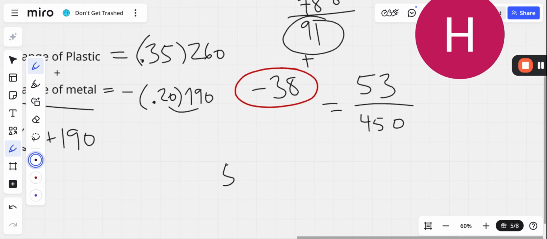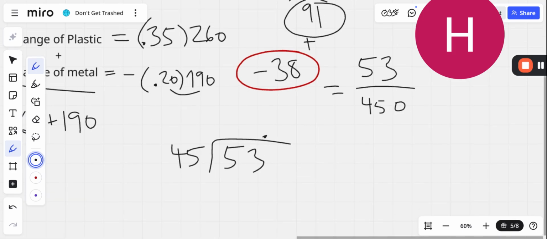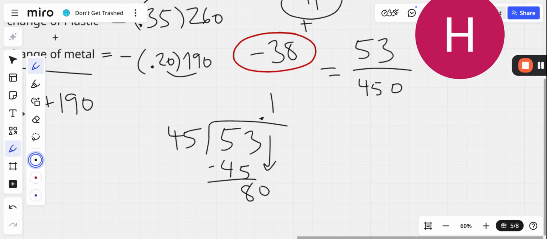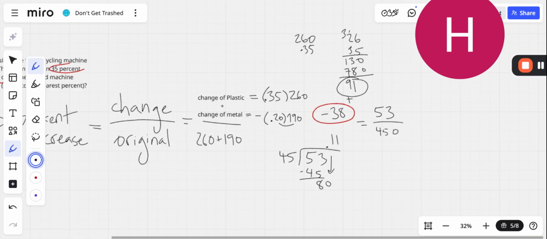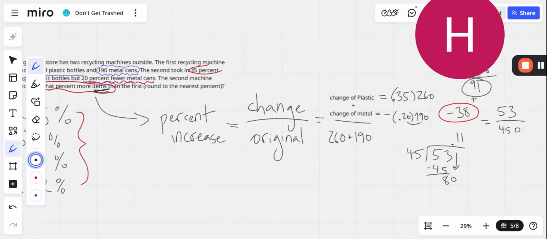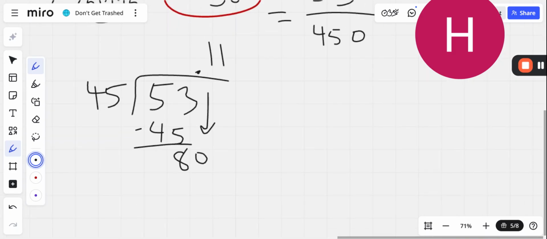to do a little bit of fun division, right? We can just do it divided by 45 and put a decimal because we know it's going to be there. So we have 1, here goes an 8. Now we get another 1. So you might be tempted to say it's 11%, but let's follow through because you'll notice that when we subtract 45, we're left with quite a large number,